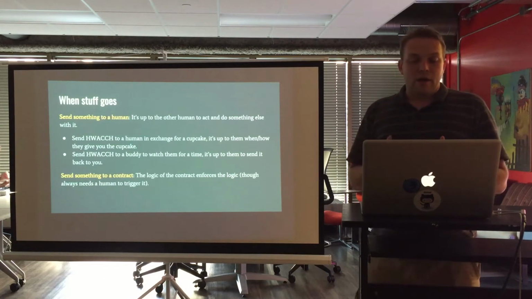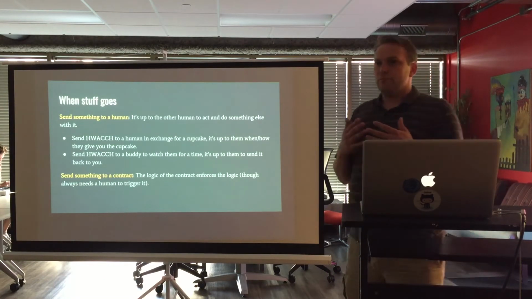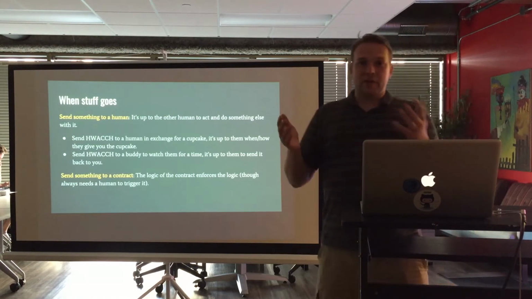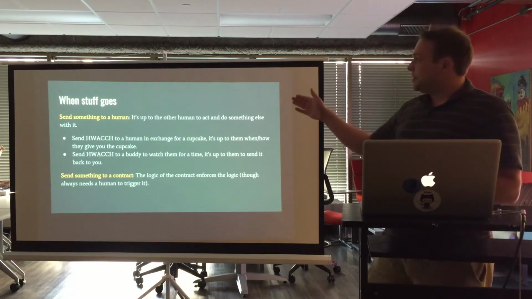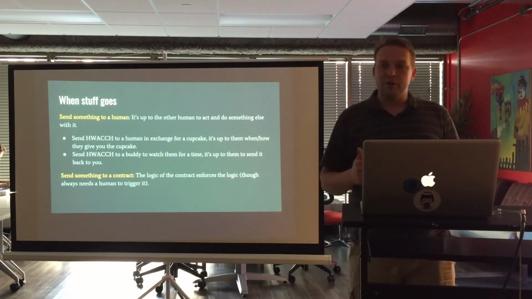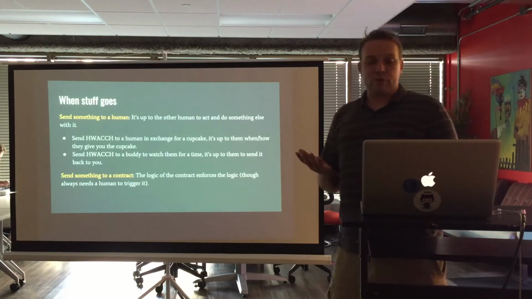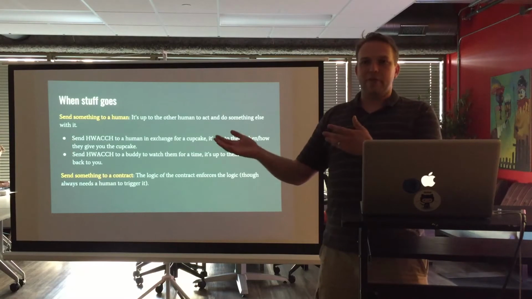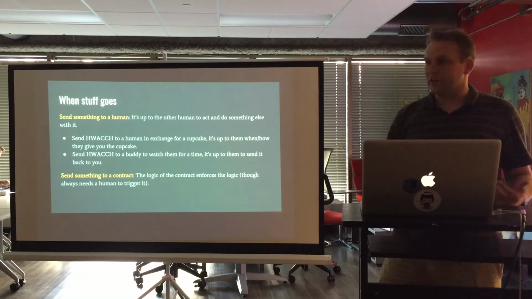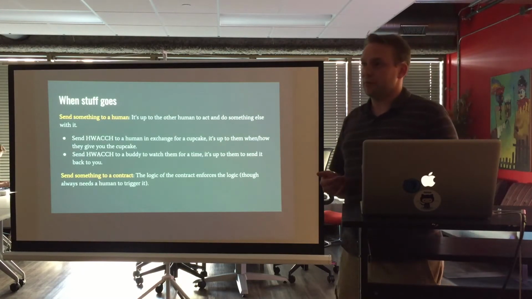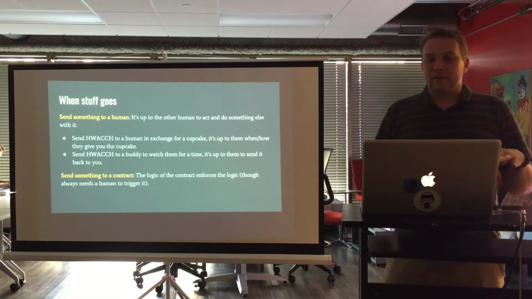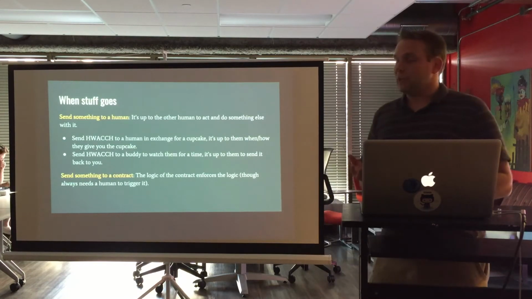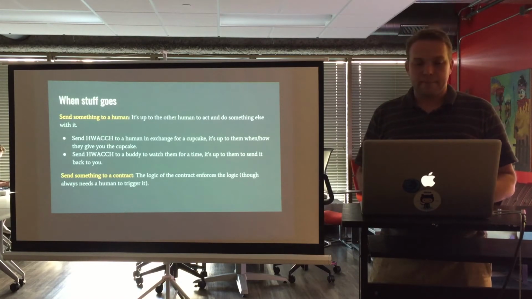And that means, now that we have WATCH, what are we going to do with it? You might be able to find a buddy, maybe they came to this presentation, and they're willing that if you send them WATCH, they will give you a cupcake, that you can buy a cupcake from them with WATCH. That's a real world transaction. You can have the WATCH be on the blockchain, but then it's up to the human to actually fulfill their end of the bargain. Do they actually give you the cupcake they said they would? The benefit of having the smart contract logic do it is that it's completely contained within the logic of the blockchain and forced to be what it says it is.